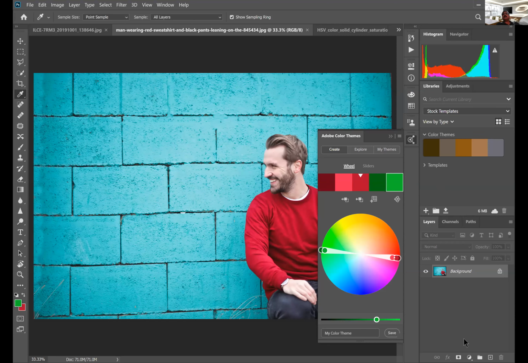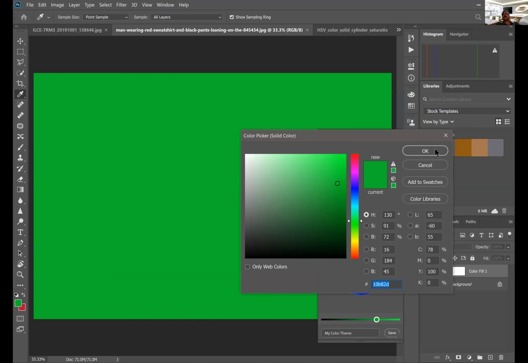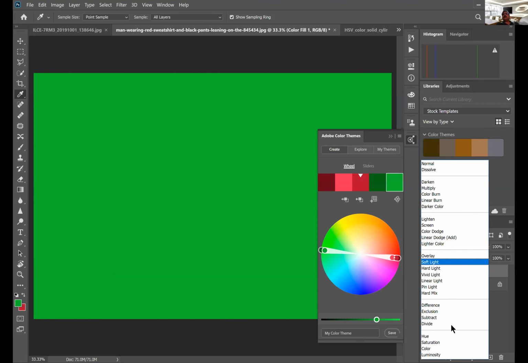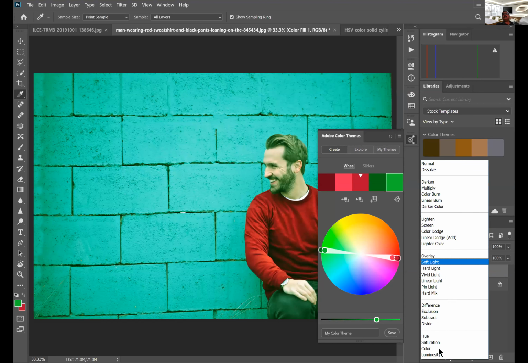There is an easy way of doing it. That is, you add another layer of solid color. What solid color does is it takes the foreground color and becomes that particular solid color. See? Okay, so I have created a solid color adjustment on top of the subject. But unfortunately, that solid color is so solid that it hides my subject. So what I need to do is change the blend mode. One way of changing the blend mode is going all the way there and changing it to color.